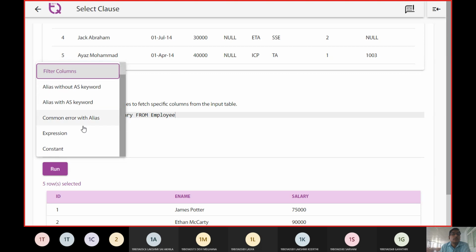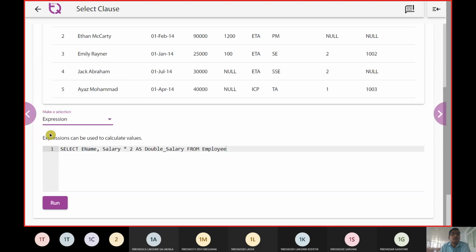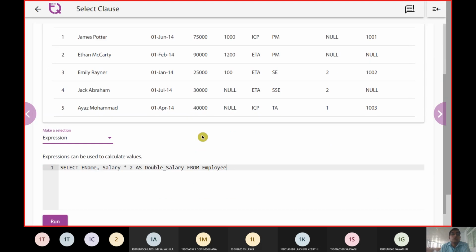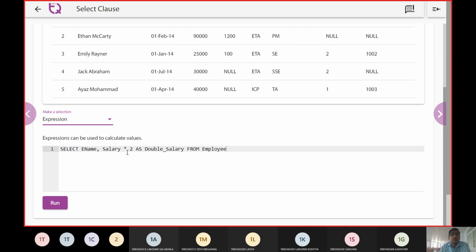Next one was to see some expression here. When we are going to look into an expression, you can see that salary into 2. So here we have salary 70,000, 75,000, 25,000, 30,000, and 40,000. So now these salaries are going to be doubled, and they are going to be displayed.